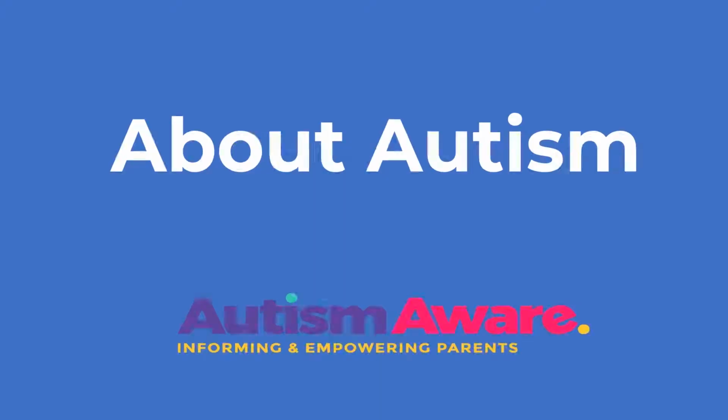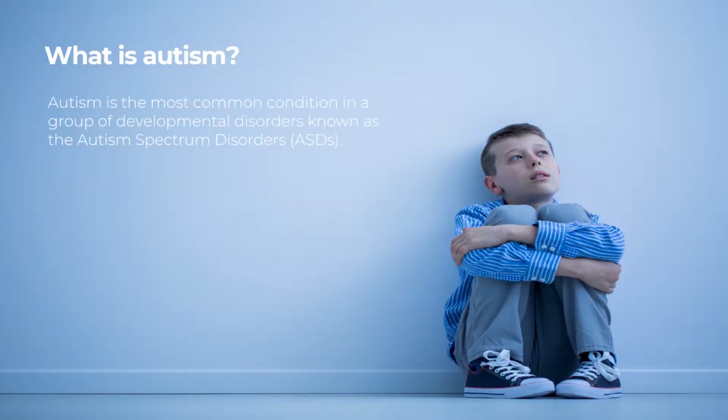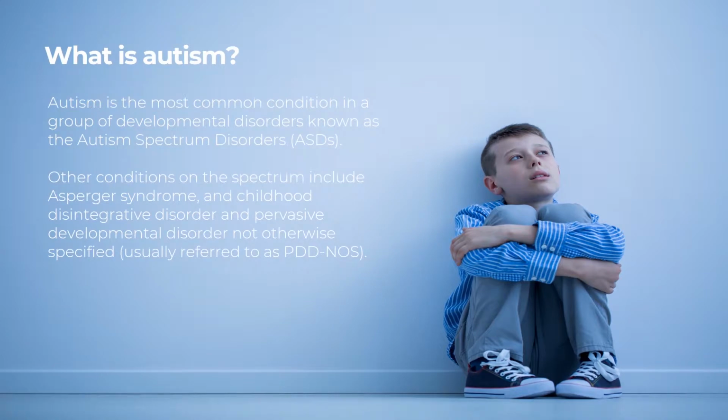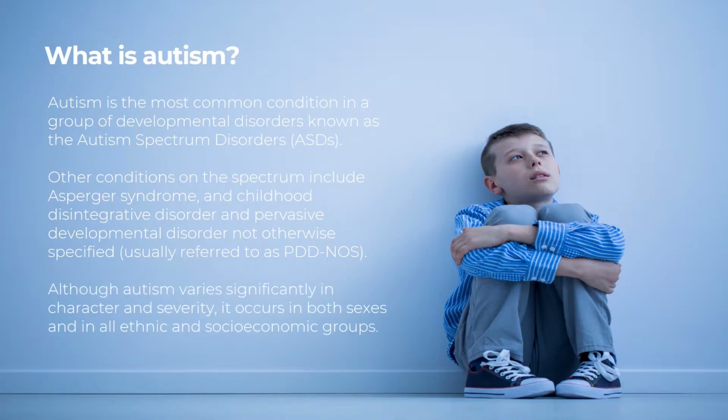In this presentation, we will look at what the word autism means and some of the primary markers of the condition. So, what is autism? Autism is the most common condition in a group of developmental disorders known as the Autism Spectrum Disorders, ASDs. Other conditions on the spectrum include Asperger syndrome, childhood disintegrative disorder, and pervasive developmental disorder, not otherwise specified, usually referred to as PDD-NOS. Although autism varies significantly in character and severity, it occurs in both sexes and in all